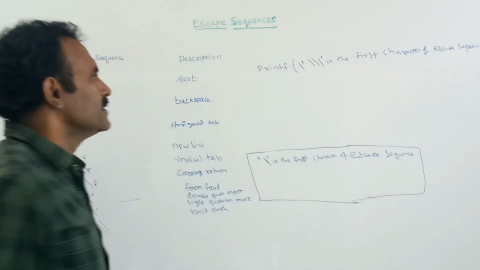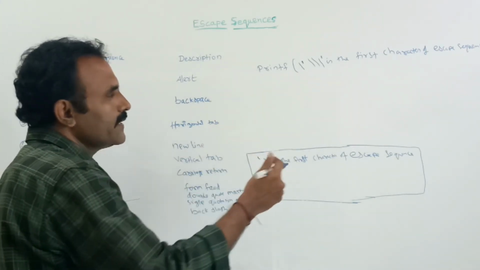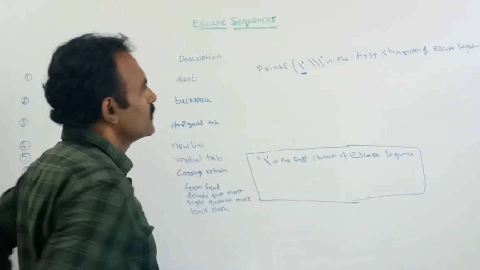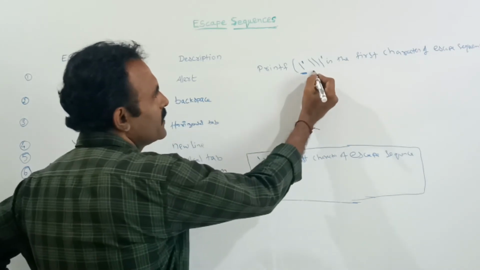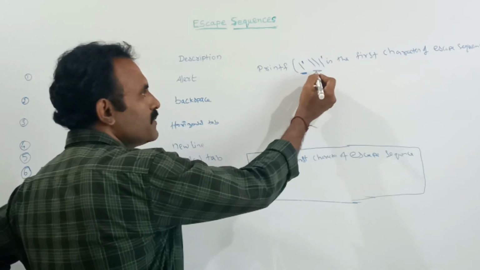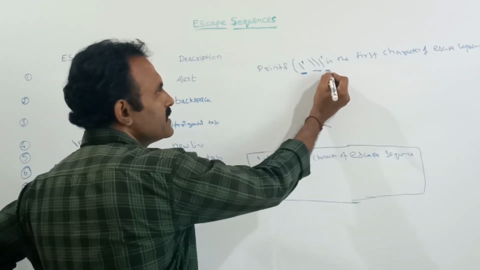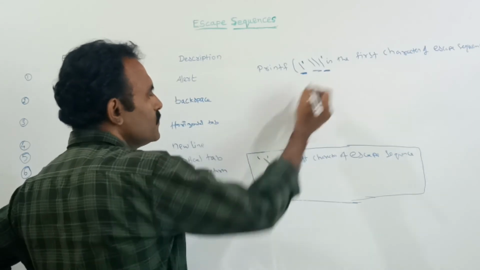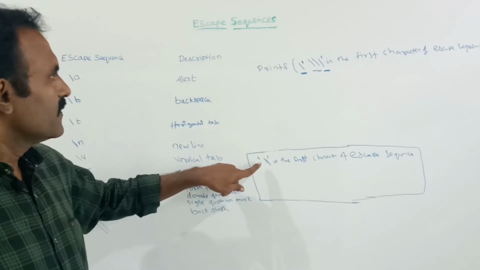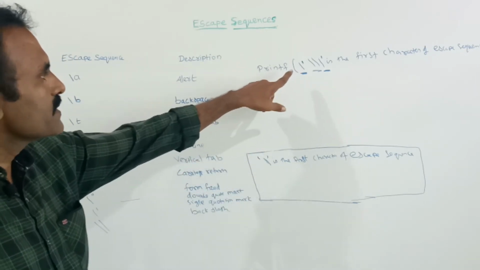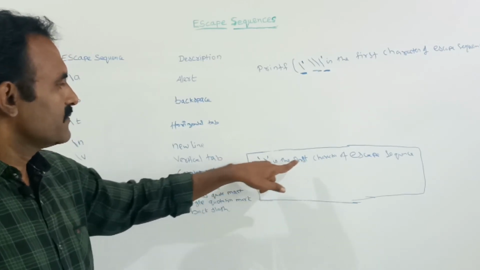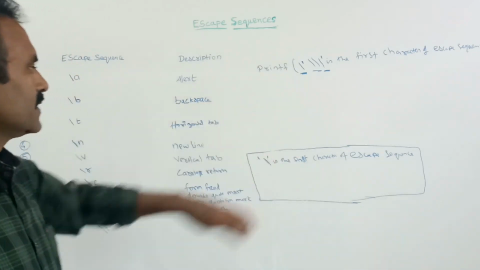If I use it like this, there are totally 3 escape sequences. The first escape sequence is the single quote, the second one is used to print or display the backslash, and the third sequence is again used to display the single quote. So in this way we can use escape sequences to print like this. Here backslash is the first character of the escape sequence. It will be printed like this.